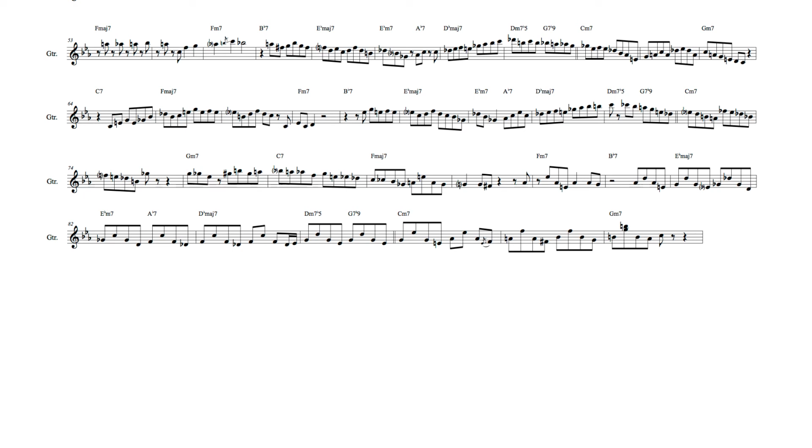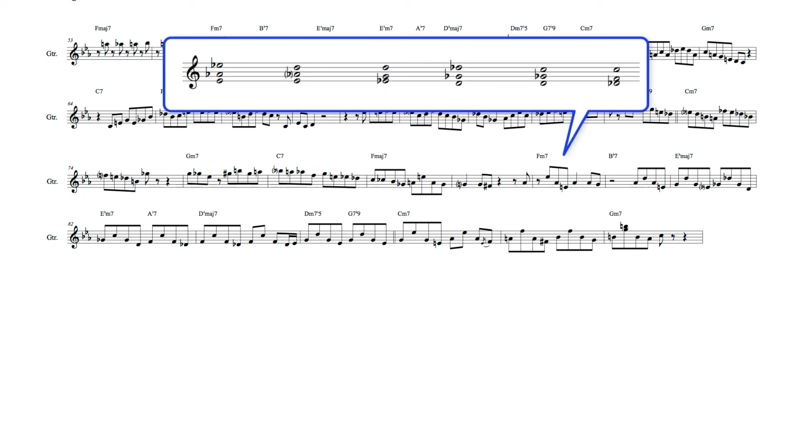Another parallel interval idea, this time descending, begins here, where its upper line descends chromatically from this E flat, the 7th of F minor 7 harmony, to C, the 7th of D flat major 7 harmony, while its lower line descends from this E to D flat. The notes of these lines together form these figures, which move harmonically as diminished octaves and major and minor 7th intervals, each of which include a middle note, which also forms a descending line from this A flat to F.